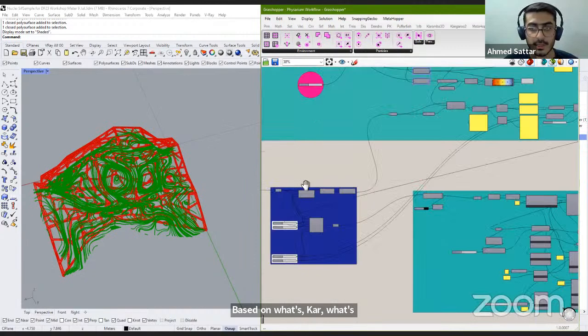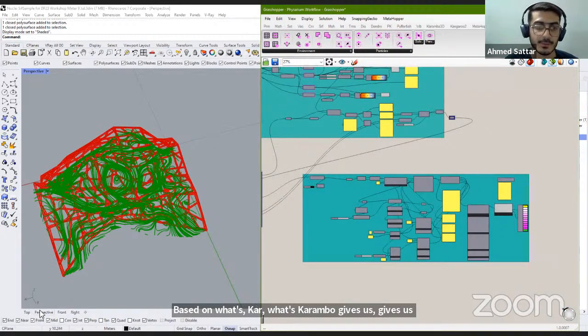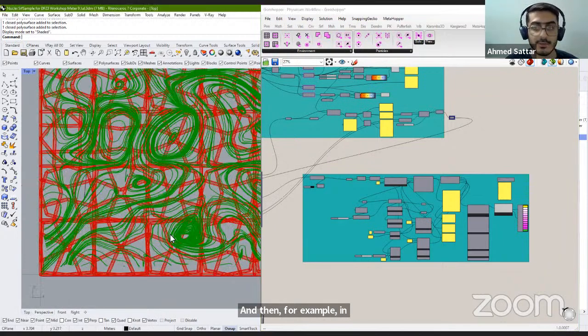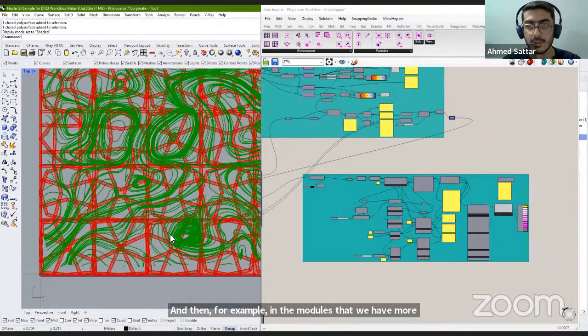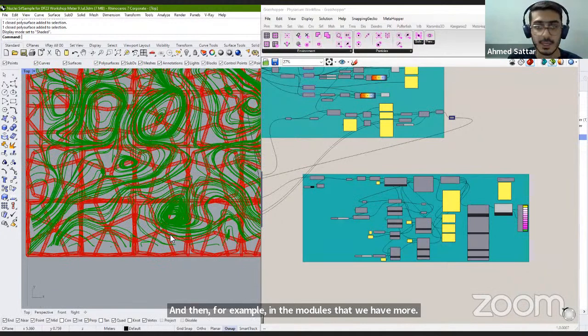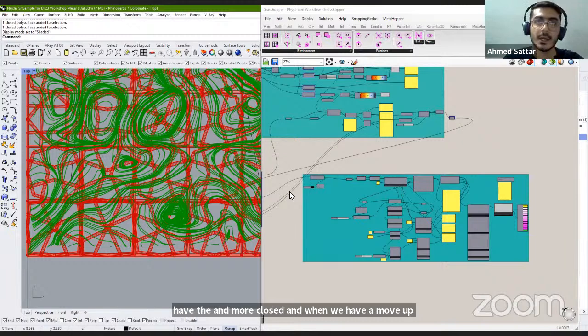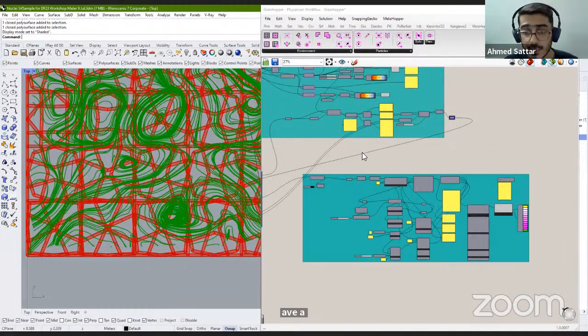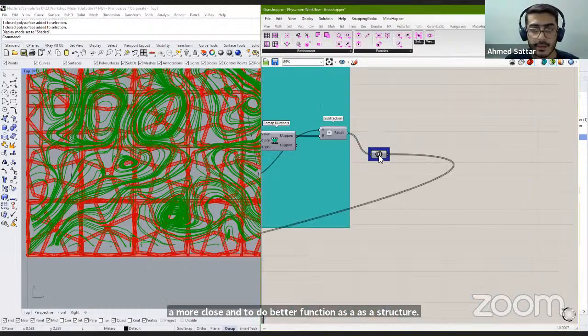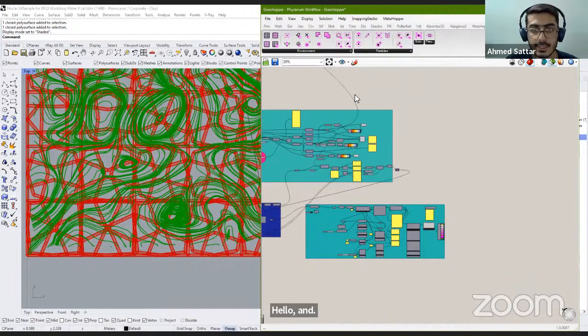For example, in the modules where we have more force flow and more accumulated tension, we have the Gura more closed, to function better as structural elements, and